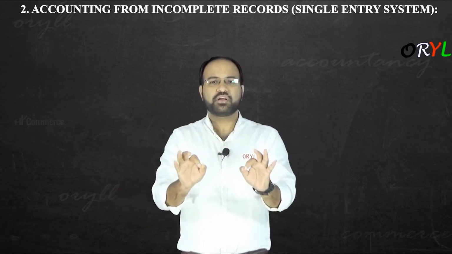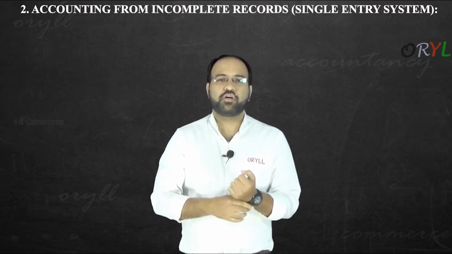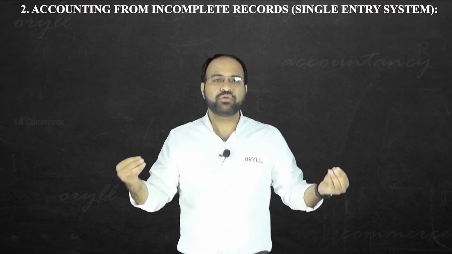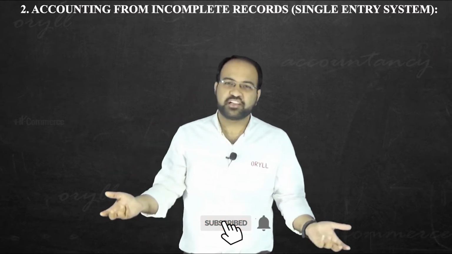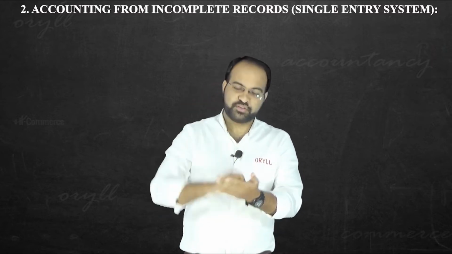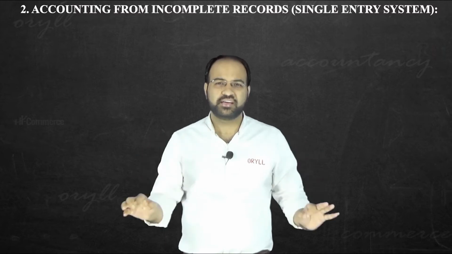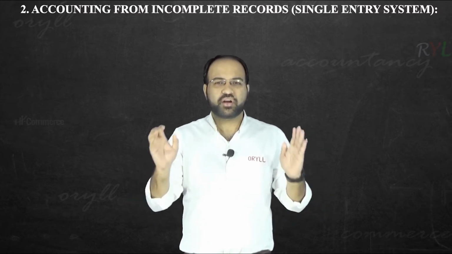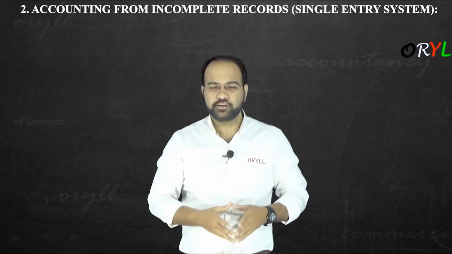So here also I'm recording, but not in detail. And I'll not follow the debit credit system because I don't know all such things. I just know how to purchase the goods and how to sell the goods. So simply, whenever I'm buying I'll write down purchases from so and so, sold to so and so, that's it. I'll not write in detail, understood? So writing this kind of transaction will be called a single entry system.